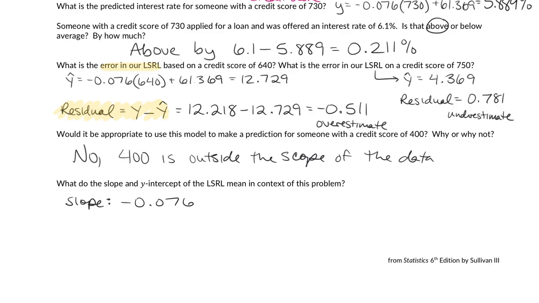What is the input value again? No, sorry. What are we plugging in? Credit score. What are we getting out? And then since this slope is negative, does that mean every time we increase the credit score, the interest rate is going to go up or going to go down? By how much? By that much. Very good. So the slope, remember, tells us, or this number means, for each